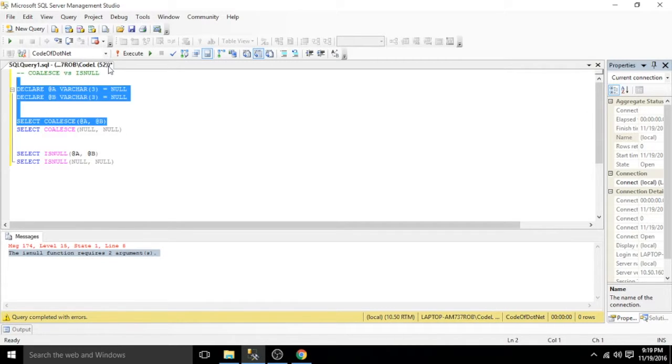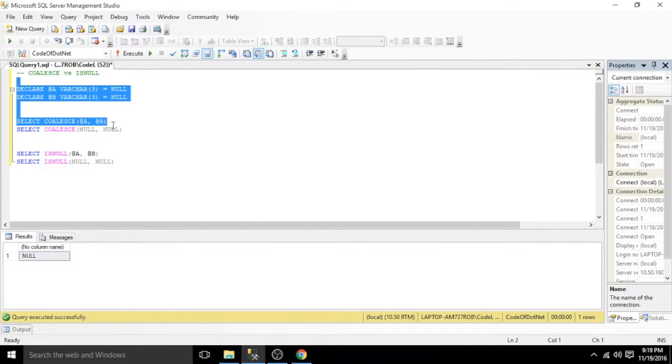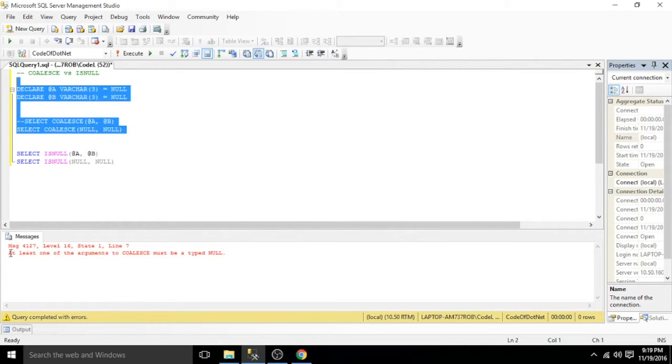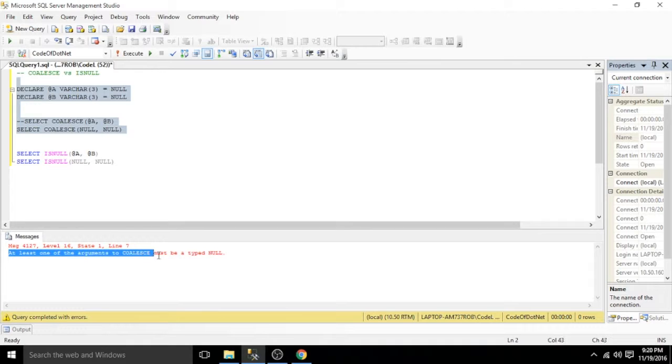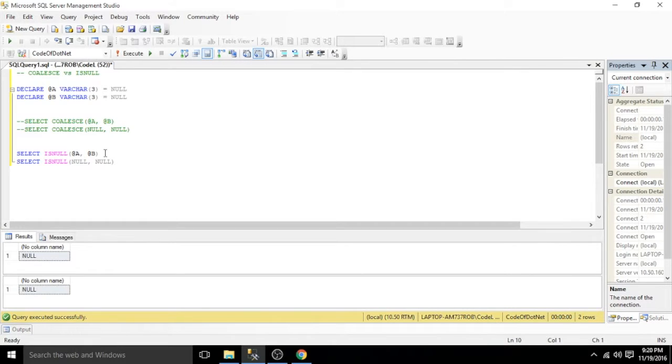So if you run the first one, it'll return null, but if you run the second one, it'll throw an error, and the error says at least one of the arguments to COALESCE must be a type null. So this means that you cannot have a constant null. Every single argument in COALESCE cannot be a constant null. It must have something typed. Whereas ISNULL doesn't care about constant nulls. It doesn't care about typed values. You could have two constant nulls and you could have two typed values. It'll return